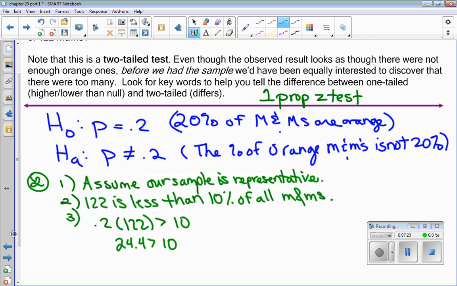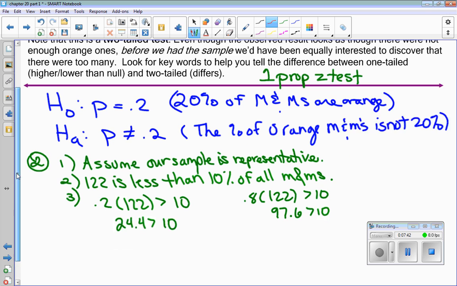122 times 0.8. So we'd have np is greater than 10 and nq. And so 80% of 122 is just 97.6, which is also greater than 10. So all of our conditions we've checked. We'll move on to step 3 now, which is